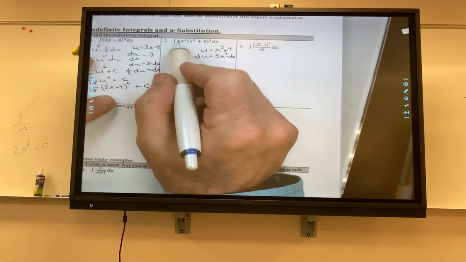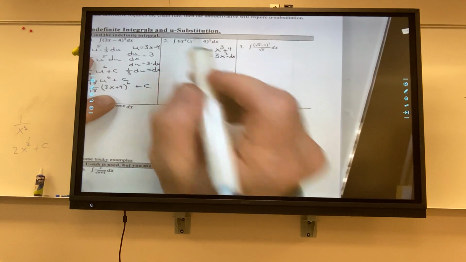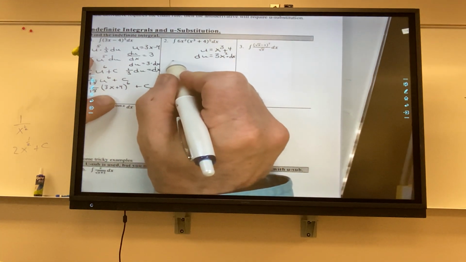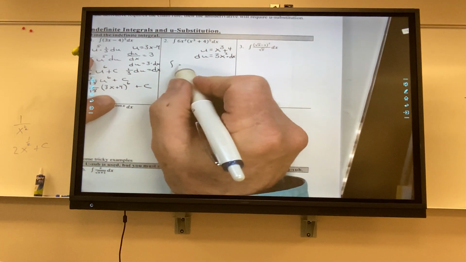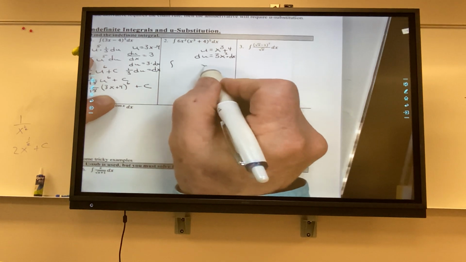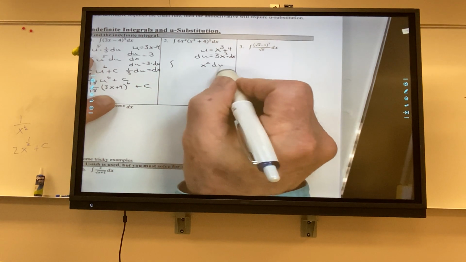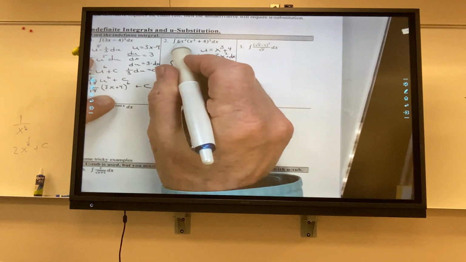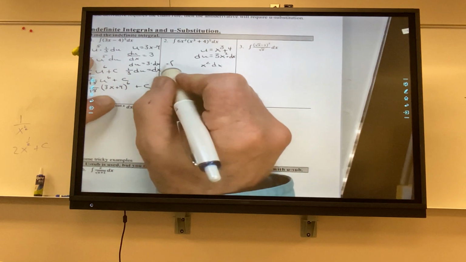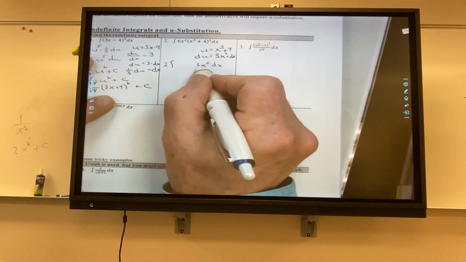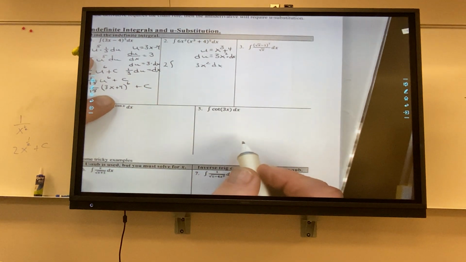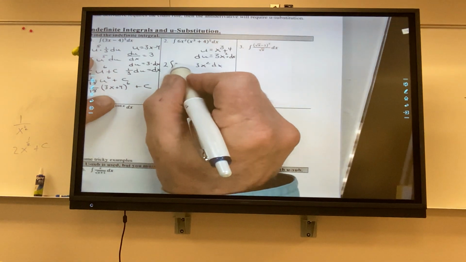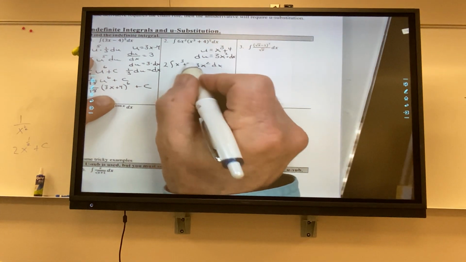I have an x squared here, so I could rewrite it in this form. I have an x squared dx. Oh, Ariana, 6 is 2 times 3. So I'm going to put a 2 here, and I'm going to put a 3 here. And then I've got x to the third plus 5. Now, Owen,